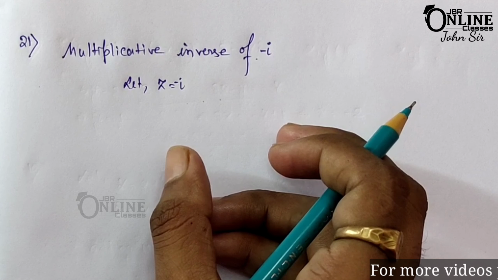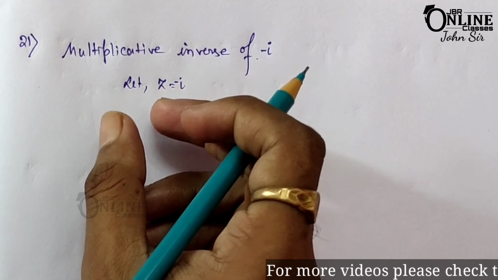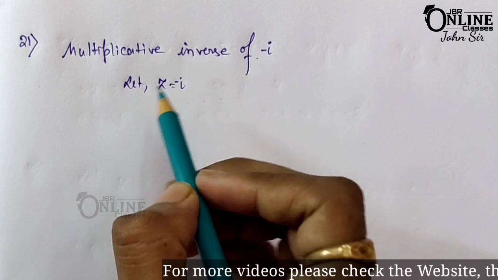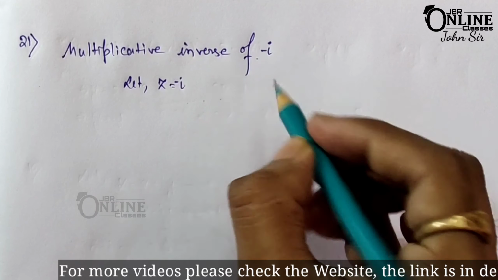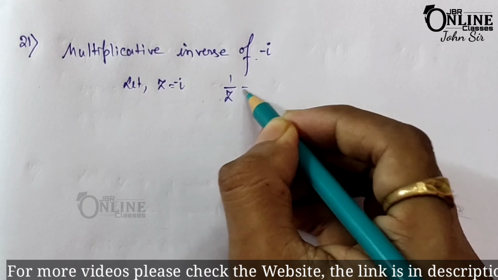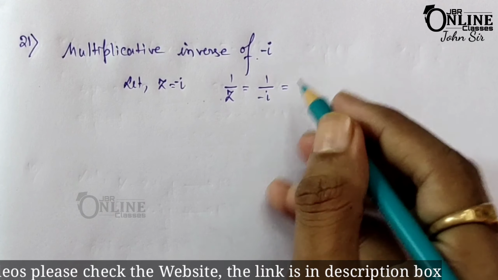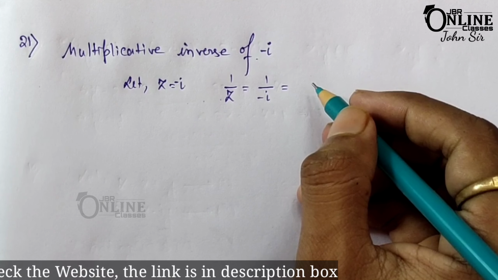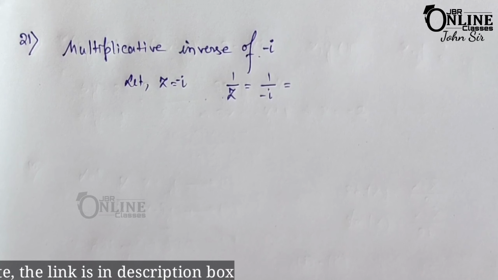So here in sum number 29, multiplicative inverse of minus i or iota. First let z equal to minus i, then the multiplicative inverse will be 1 by z, and that means 1 by minus i or iota. Now if you multiply it with 1 by i, then it becomes,